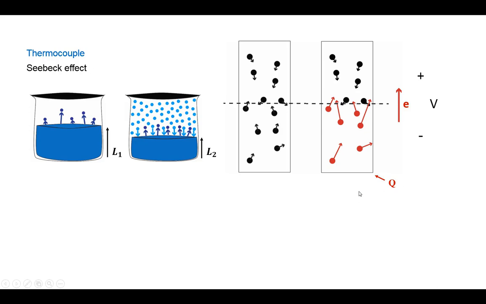When I'm hitting one side of the metal, I'm increasing the velocity of the free electrons in these regions, so the electrons in the hotter part are going to move faster. Again, if I'm considering an imaginary interface or surface, this time the number of electrons moving from the down part to the upper part is bigger than the number of electrons moving from the upper part to the down part. So I would have a net migration of the electrons from the hot region to the colder region,